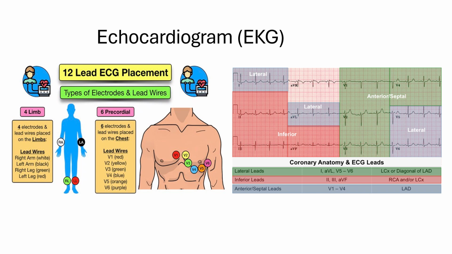Your EKG is going to measure the electrical activity of different parts of the heart. So it's going to show how impulses move through the atria and ventricles to produce that heartbeat. And with a 12 lead EKG, it is going to give us 12 different views of the heart, allowing us to have a more comprehensive picture of where the problem is occurring and what exactly is occurring, allowing us